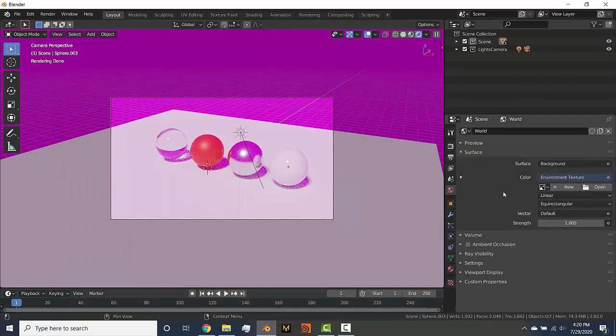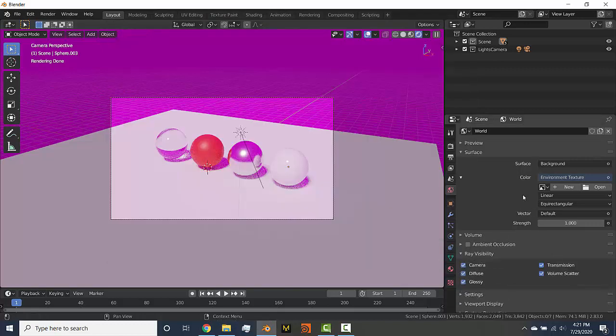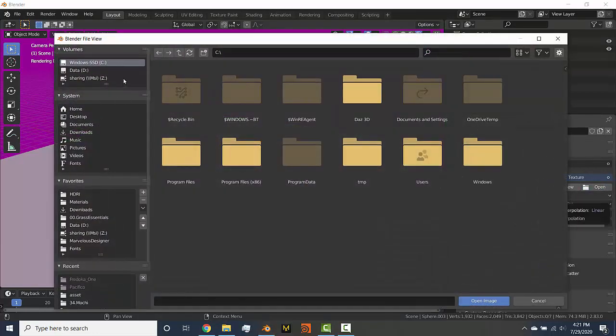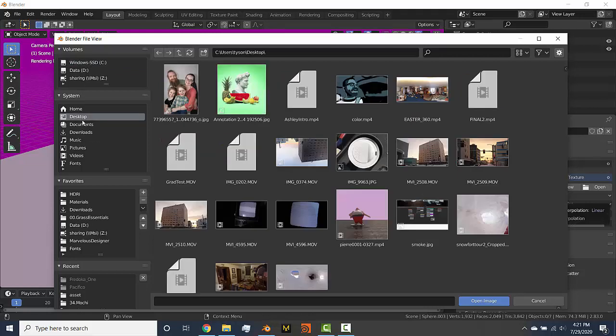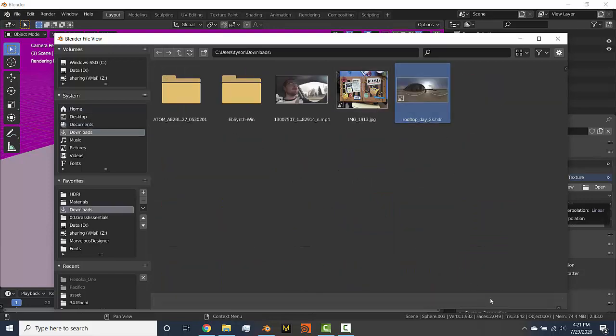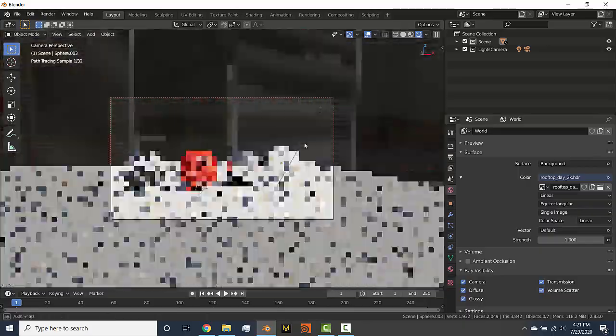So find where you saved that picture. You probably won't be able to see the picture. It's called Rooftop Day, and it's an HDR file. Most computers can't just look at it by default, but when you're in Blender and we chose Environment Texture, I can hit Open. I'm going to navigate to where I saved it, and on mine it's in the downloads folder. If you want to go to your desktop or home, but it's in my downloads, and it's this Rooftop Day. Hit that,